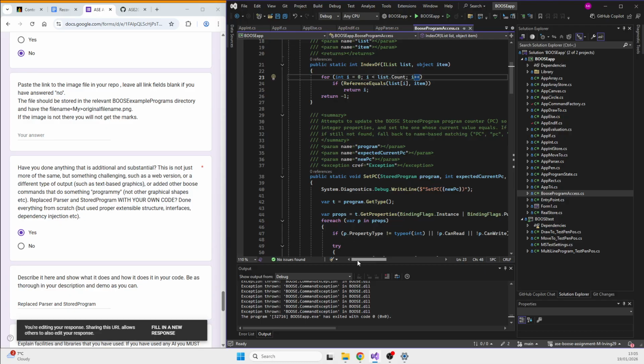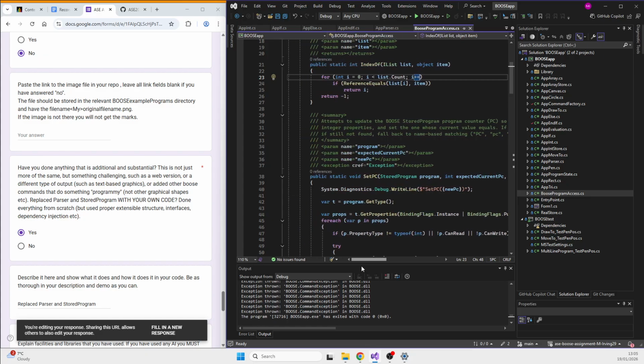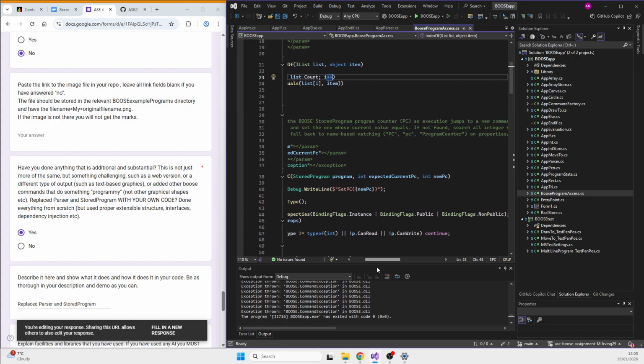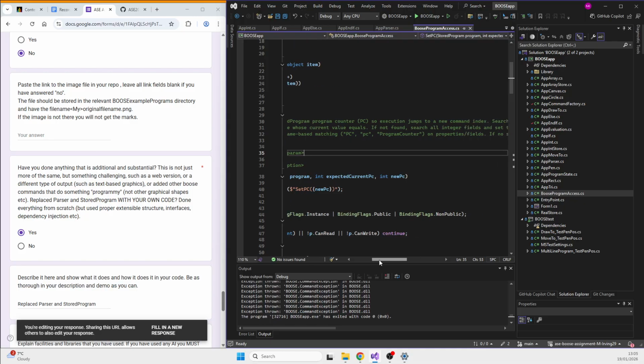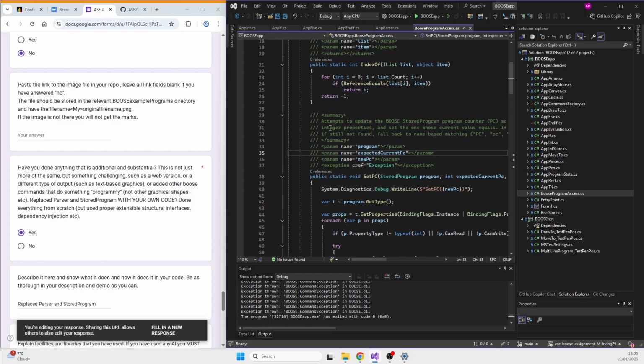So it will go through all the stages. It'll search all the readable and writable integers and set one as the current value, and then if it's not found, it'll search all the integer fields and set one.